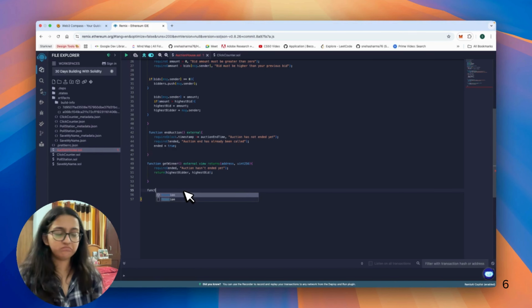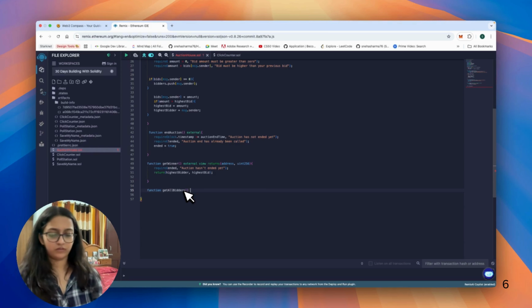So I'll say, okay, function getAllBidders external. Again, we're not expecting to change anything. We just want a return value here. So we say returns. Now what is it that we're expecting? We want all the bidders value to be visible. So we just say address,